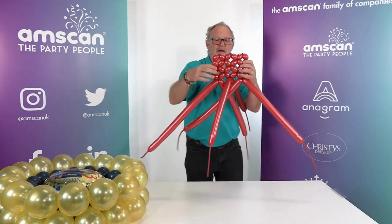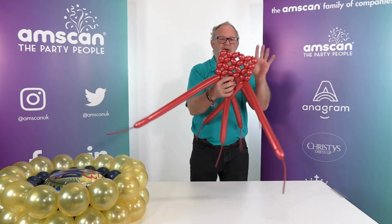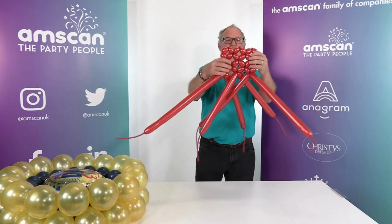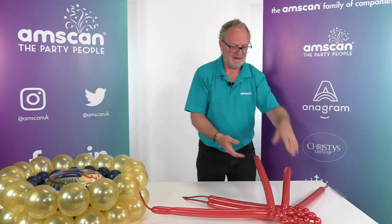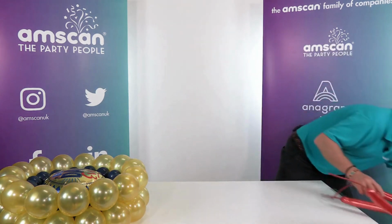So you keep going down there to create a ribbon as wide as you like. You can add as many going that way as you want to, and as long as you like, depending on how many balloons, but you can add extra balloons if you want them. But I find probably 45 centimetres is enough to keep it in proportion with that. Once you've done that,